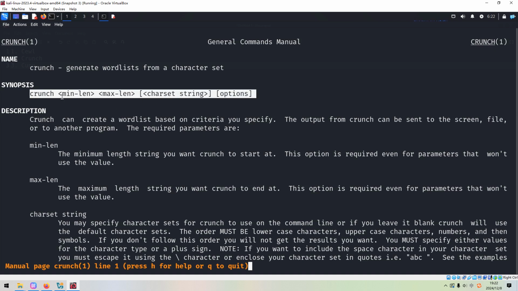We can specify the minimum length and also the maximum length of the word. Maybe password is not the correct term for this case, the word. And we can specify the character set, and also some options.